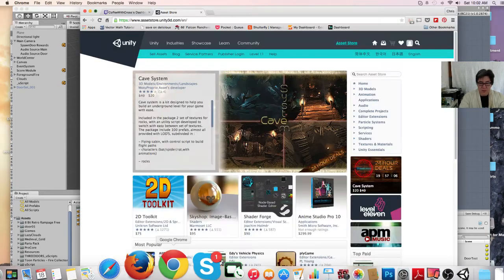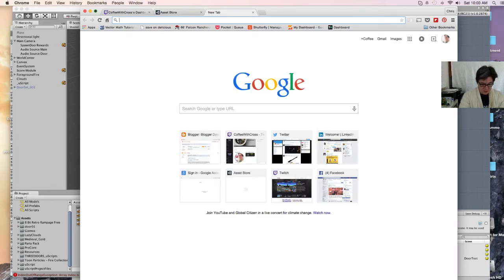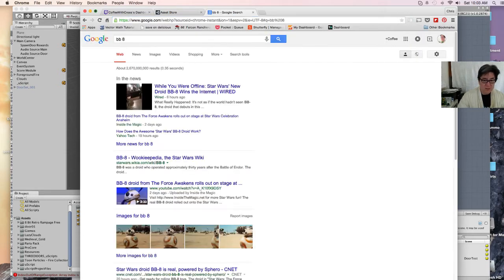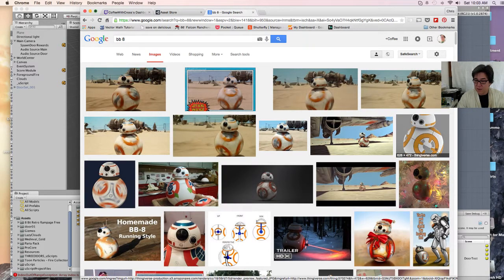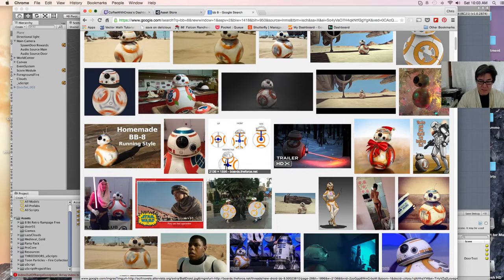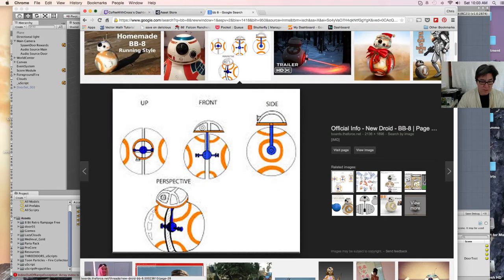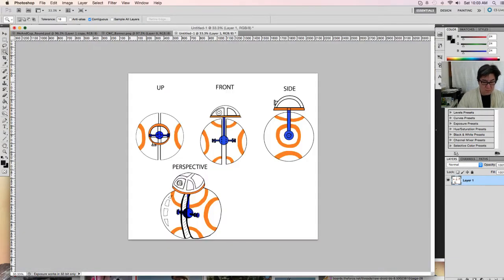I was thinking about a little special. Let's celebrate the Star Wars Force Awakens trailer, and let's make a game character out of BB-8. Let's do this search and get an image of him, because he looks really easy to do, and I think we can do it in a quick way. I will also be able to show you some physics action going on. Let's look at the way they've actually built it. That's actually neat. Let's copy this image and go to Photoshop and check it out. Control V.